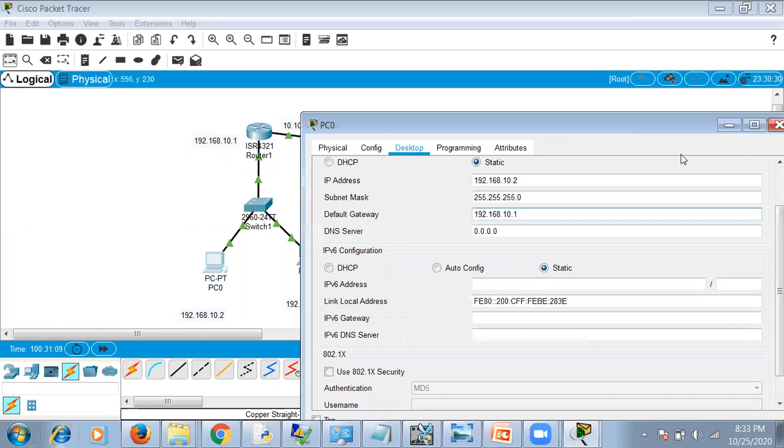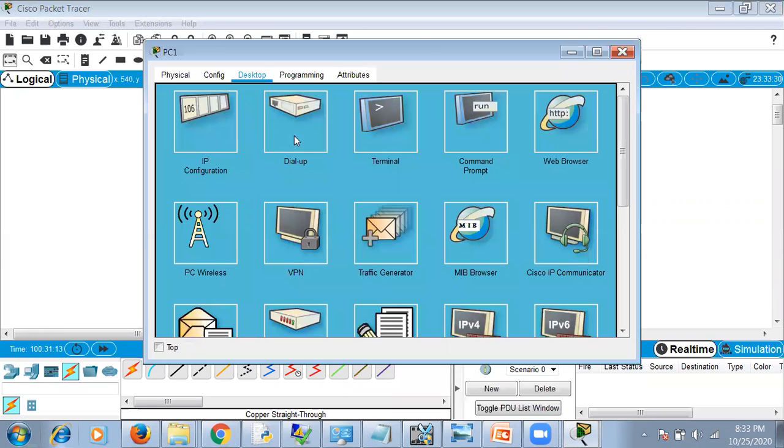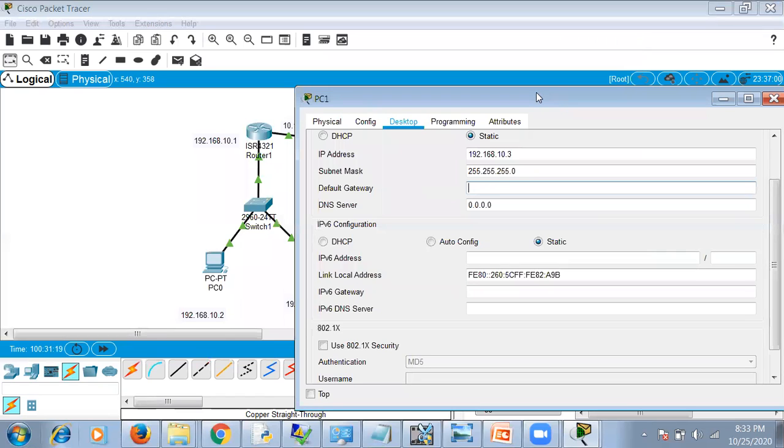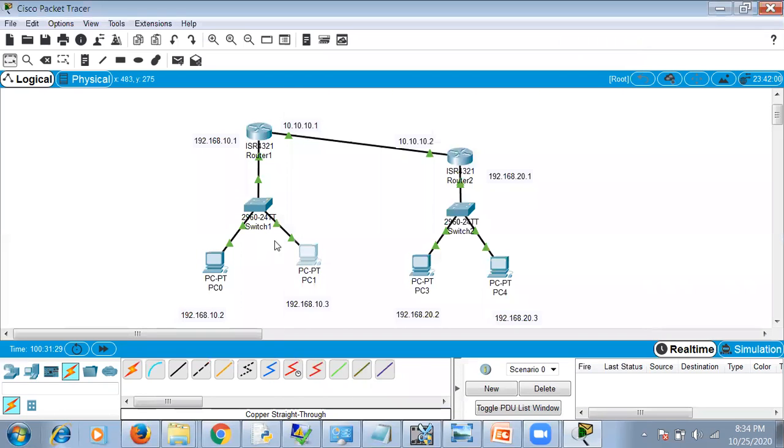So we have set the default gateway. Similarly for this one, again the same address because both the PCs belong to the same LAN.